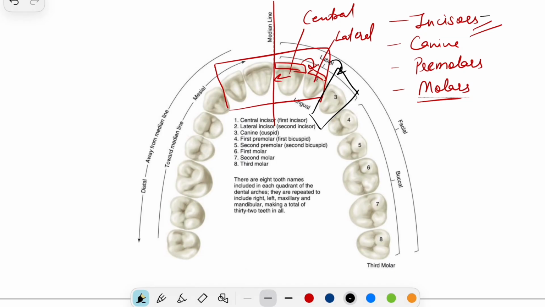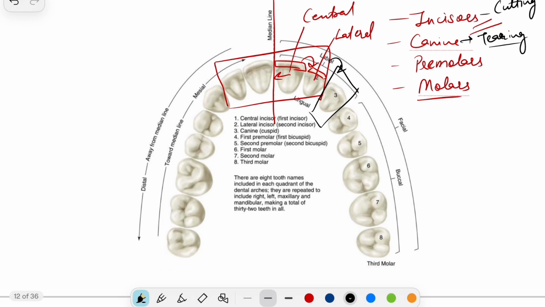So I'll just write it down. Incisors' function is cutting food. Canine's function is tearing food. Okay, and their features are strong, single pointed cusp. Then they have the longest root in the oral cavity, and they are the strongest teeth for guidance